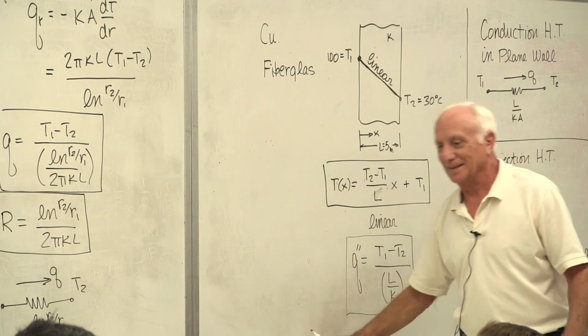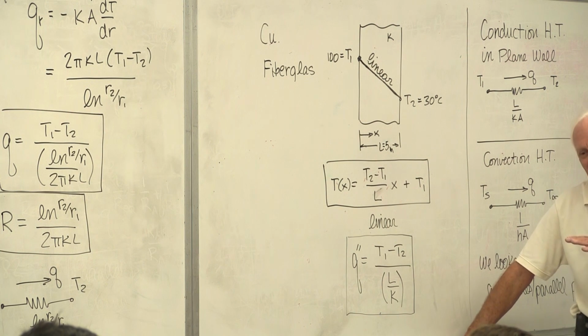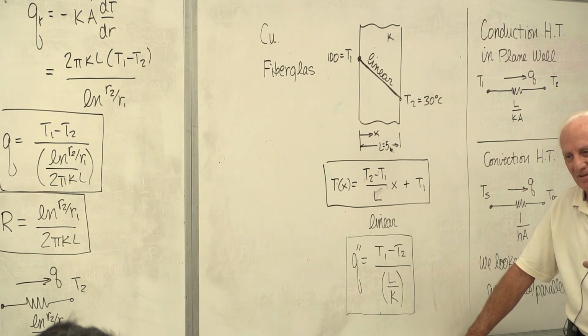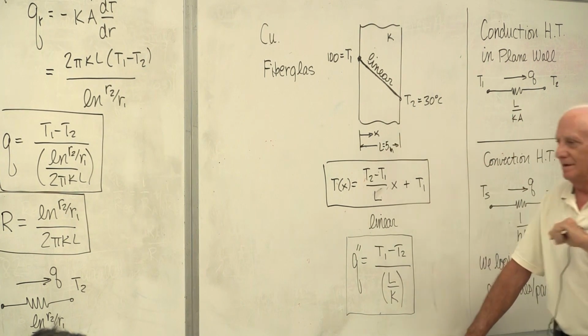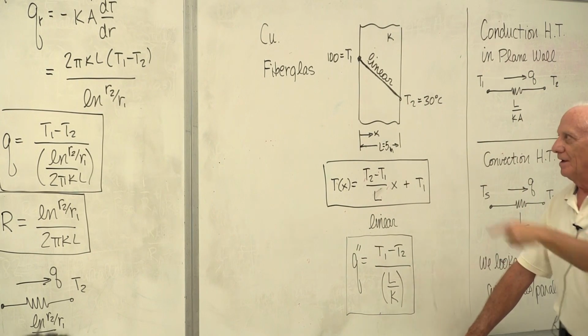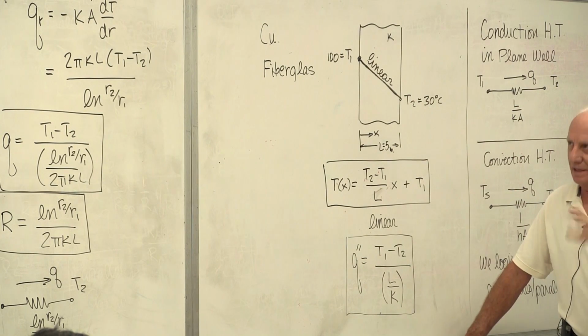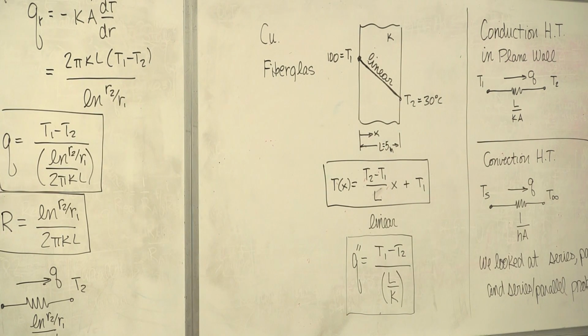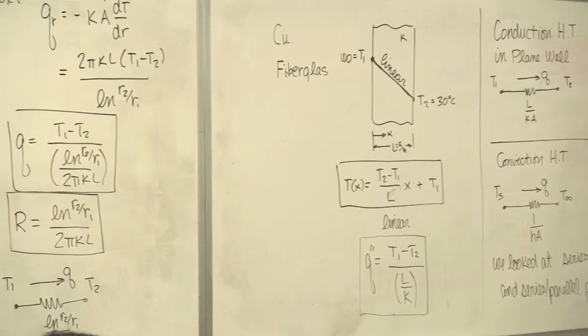Okay. Now let's not forget, all this stuff comes from chapter 3. Let's not forget, all the conclusions I've made depend on this. You must have assumptions of 1D, yes I did. Steady state, yes it is. No generation, yes it is. Constant properties, where? There was a K right here. I pulled the K, because it's a constant, outside here.